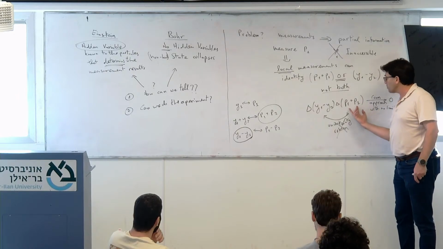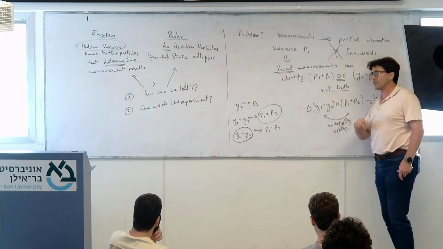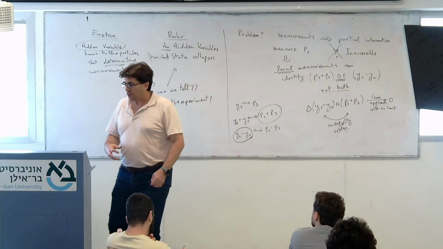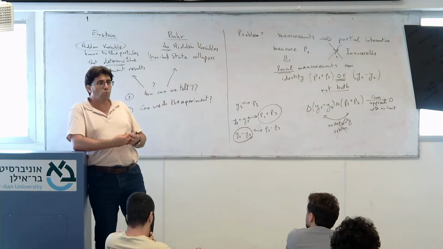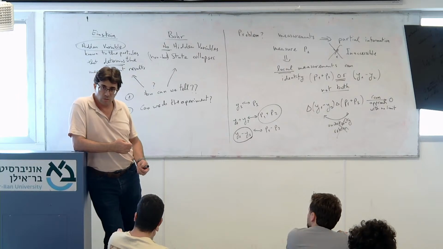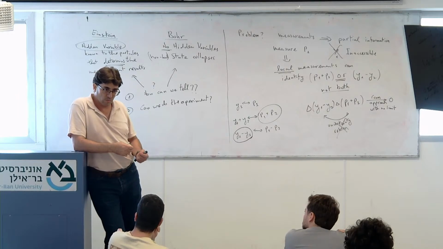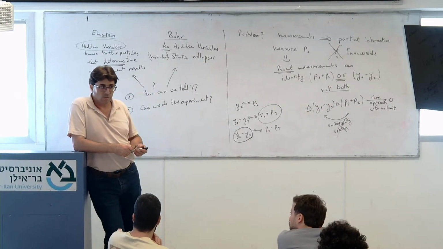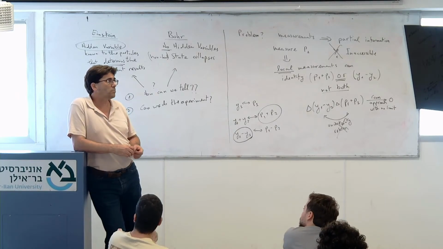Only the sum is defined and the difference is defined. If P1 and P2 are defined, if the particle knows its position or momentum, it cannot. So the question is